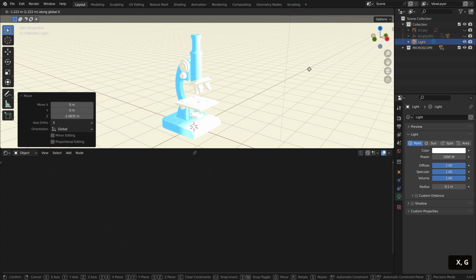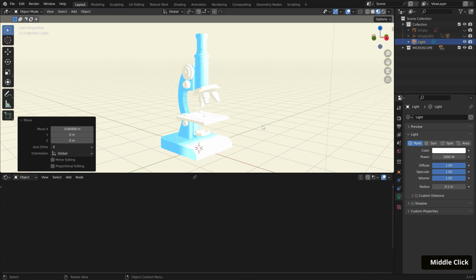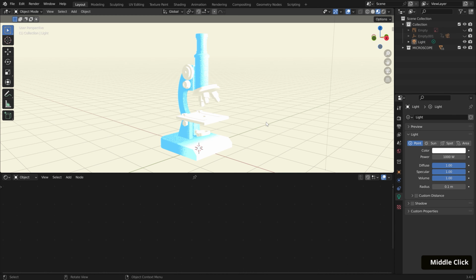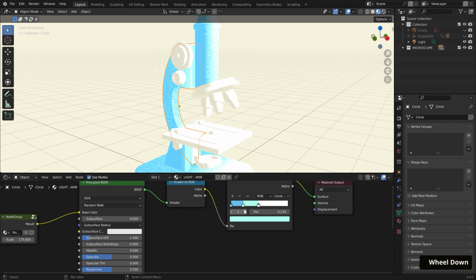Now, as previously mentioned, I created new materials for some of the meshes based off the one we just created, so I could individually adjust settings for each mesh like the color ramp sliders. So in looking at the arm, I want to adjust the color coverage on it. Let's select it and click on this number to create a new material and make a single user copy. Rename it to light arm. And now we can adjust the color ramp sliders without affecting those linked.